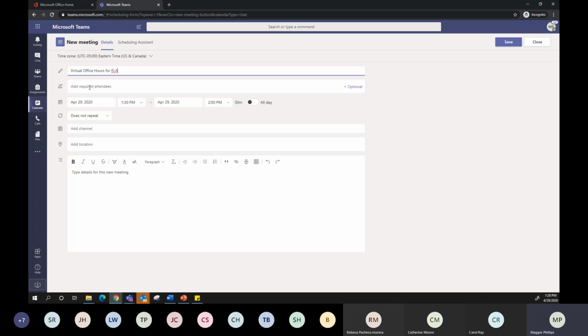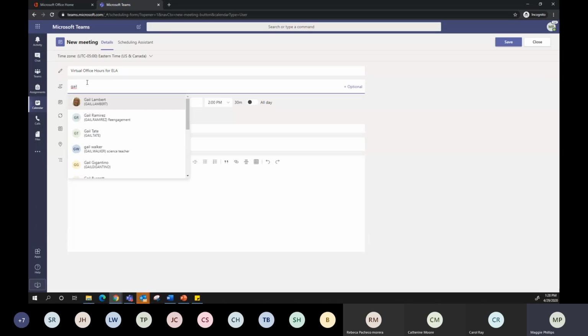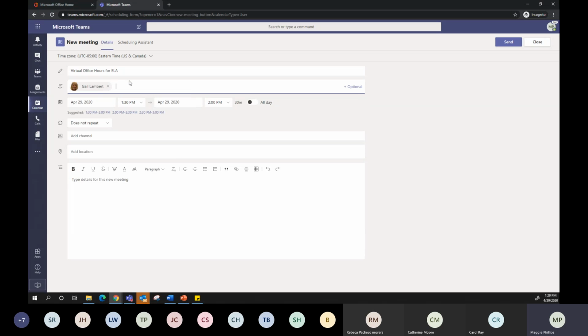This is where you would type in the names of the people that you want to attend your meeting. You can begin typing in their name. It will search for the person within your organization. So no need to type out an email address or have the full name. Once you start typing in the beginning part of the name, you'll be able to see anyone that you'd like